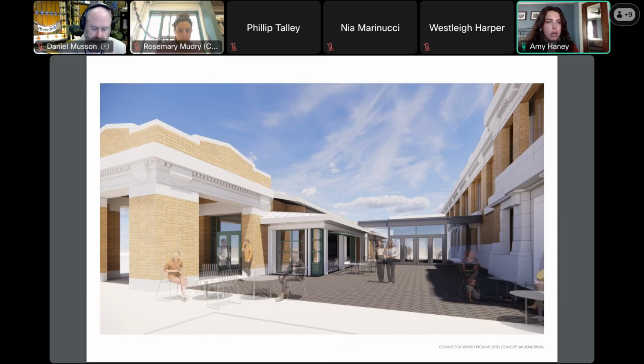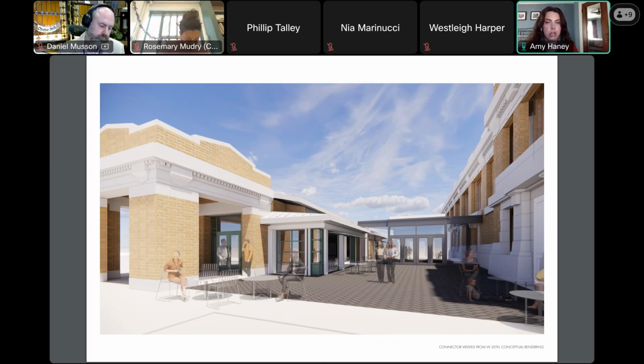So this is the view of the new courtyard entrance or alley from West 25th. This is the only kind of new construction that we're looking at, and this is the connector piece. So the thought and the strategy here is to pull any kind of structure away from the arcade and away from the market. So right next to the doors is where we're proposing our only structure, and those posts are cantilevering the roof and soffit off to meet the arcades and to meet the market hall.